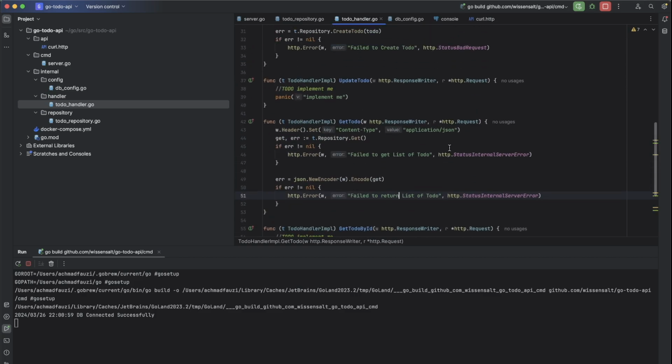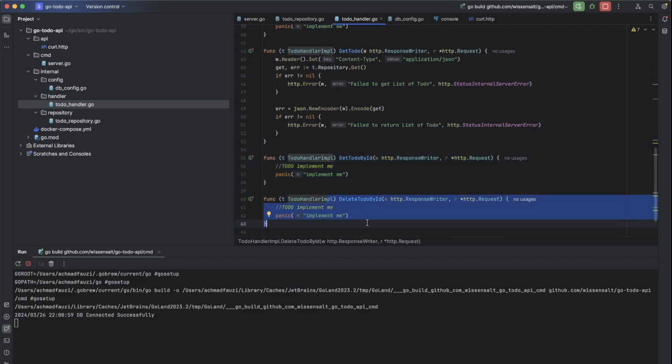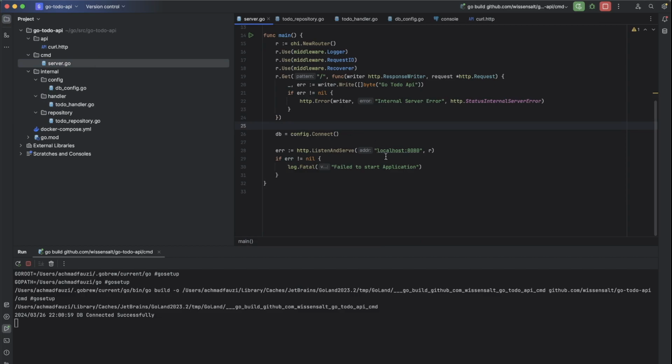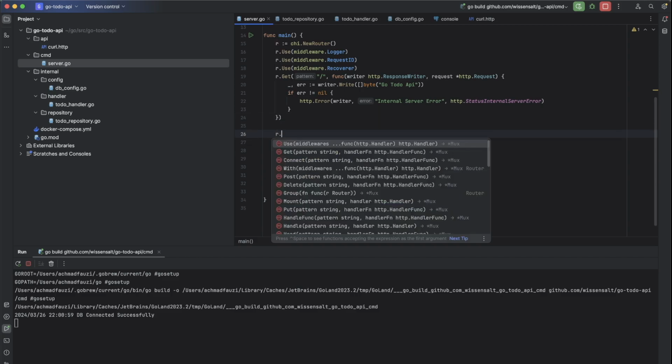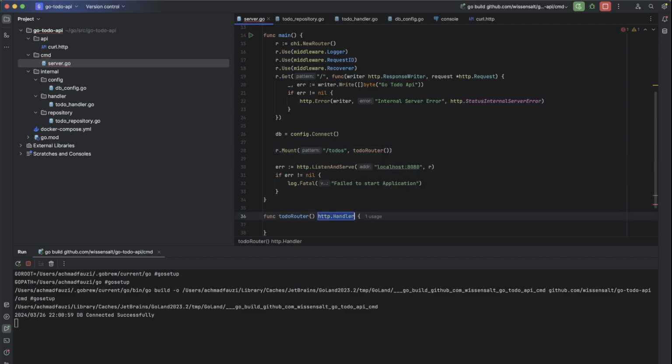Okay, for the implementation of update, get by ID and delete by ID, we will implement them later. Let's go to the server again in order to provide the new router for the to-dos. r.mount, because we are going to create the new router, r.mount with slash to-dos. We'll create the method called to-do router, create a function to-do router.